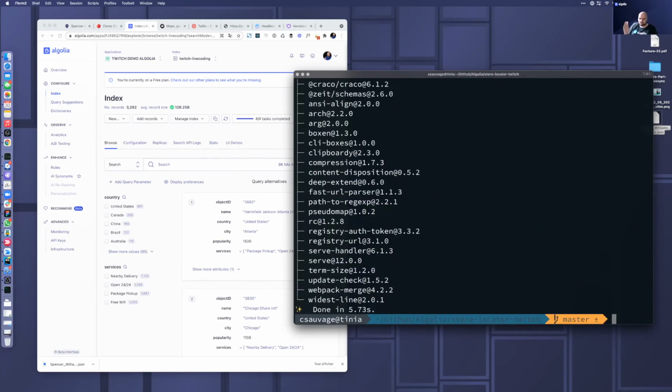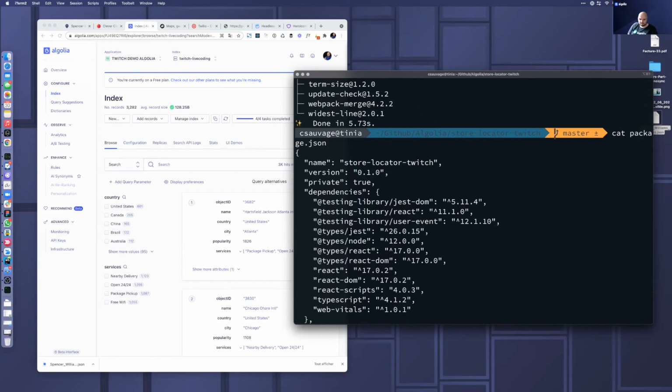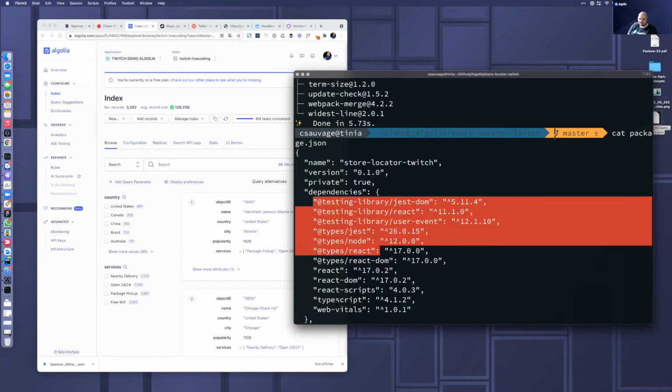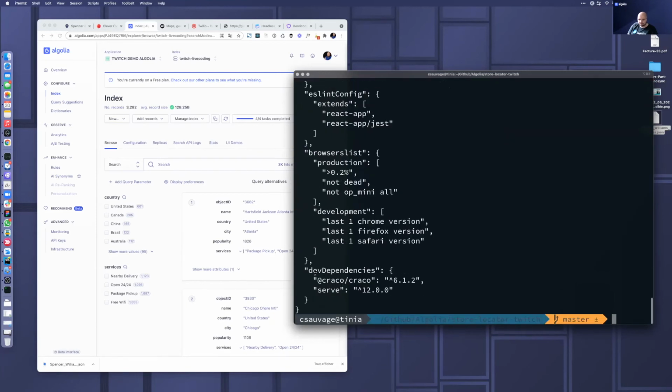Great, it installed a bunch of stuff, and if we take a look here at cat package.json, we see a bunch of configuration. We've got our dependencies: React, React-DOM, React Scripts, TypeScript, Web Vitals, and we also have our dev dependencies, Craco and Serve, which is perfectly fine. Now we will need to update the configuration